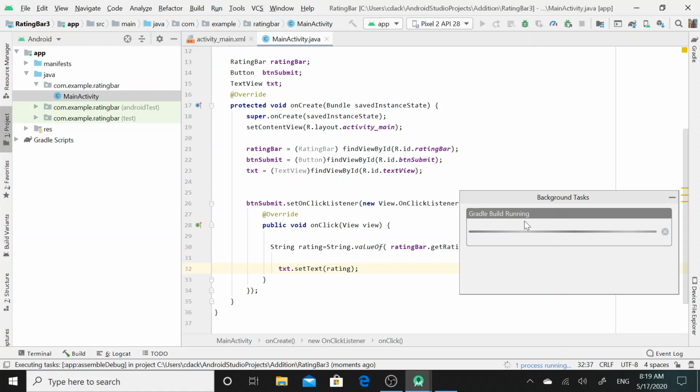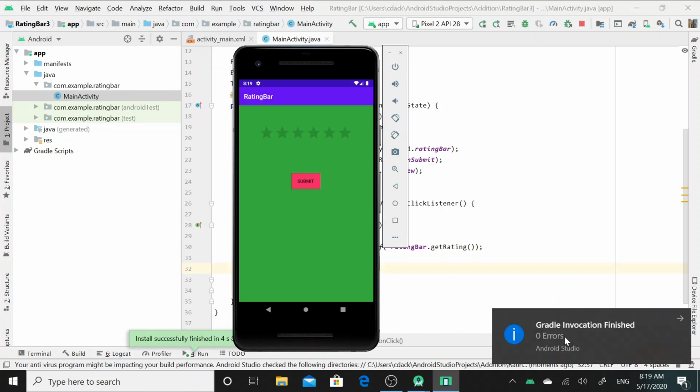This device is Pixel 2, and the second process is the Gradle build running process. When both processes get finished, this application will launch on this device. Now see, here I have got the message Gradle invocation finished and there are 0 errors. It means my project has been launched on this emulator successfully without any error.